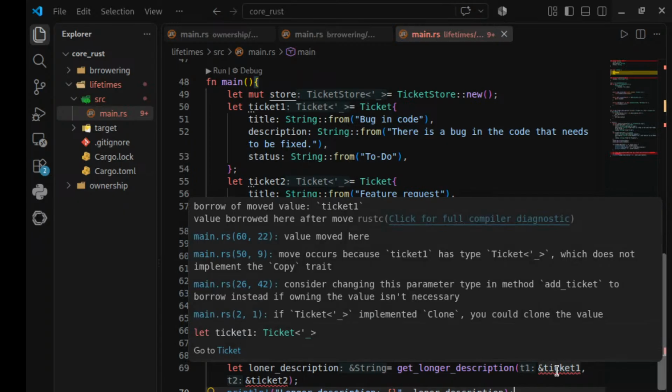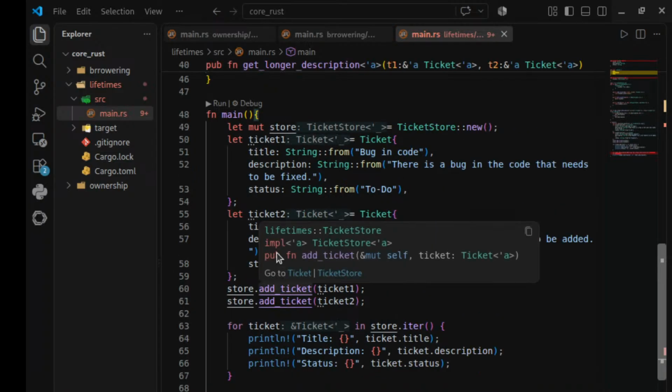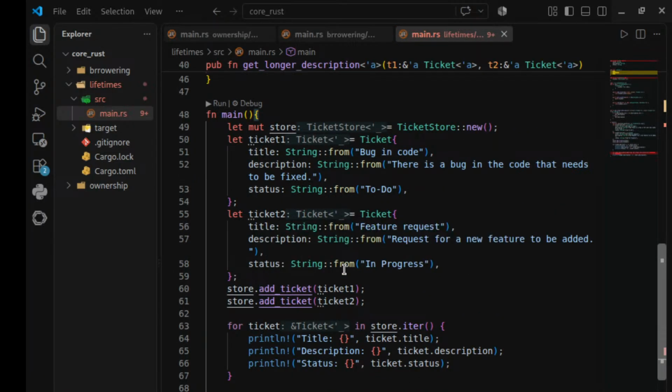Here we have an error saying that this borrow of moved value has been moved to this part. Okay,